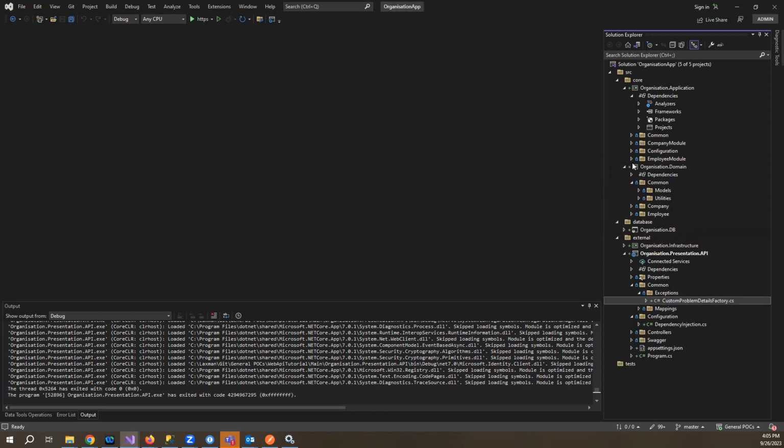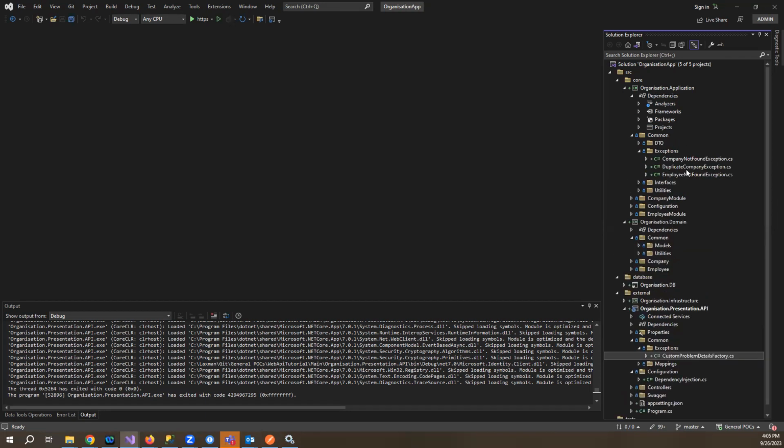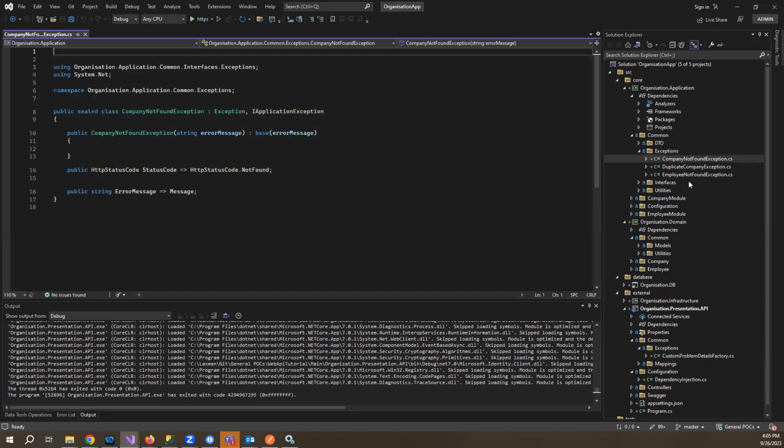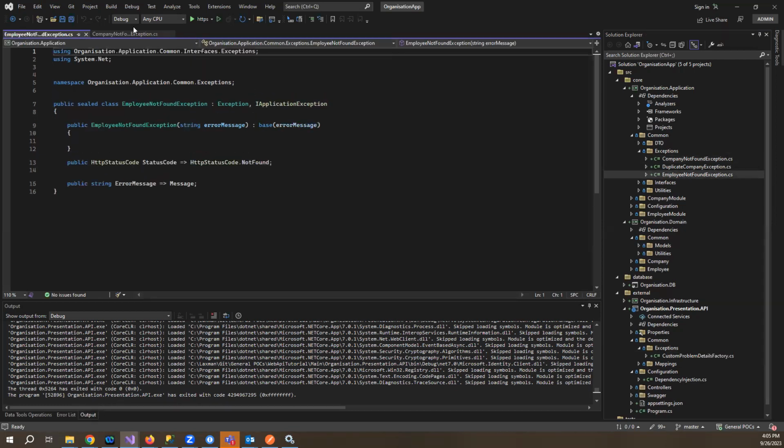In the application layer, we had a common folder where, inside the exceptions folder, we used to create individual domain exceptions, for example CompanyNotFoundException, which used to inherit from ApplicationException. Similarly, EmployeeNotFoundException. So this is also an option, but